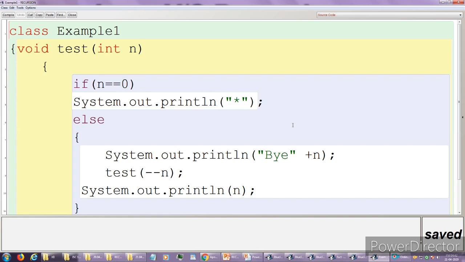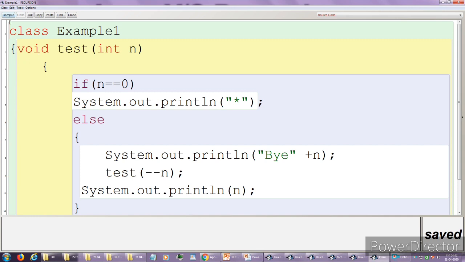In the previous example we used int in the prototype; here we are using void. Previously we used the term return, but in the case of void there is no need to use return.